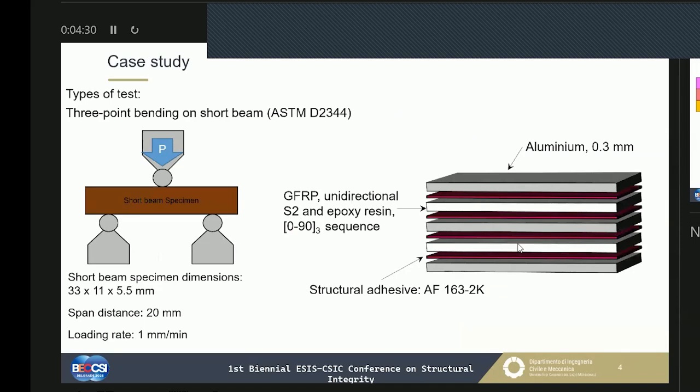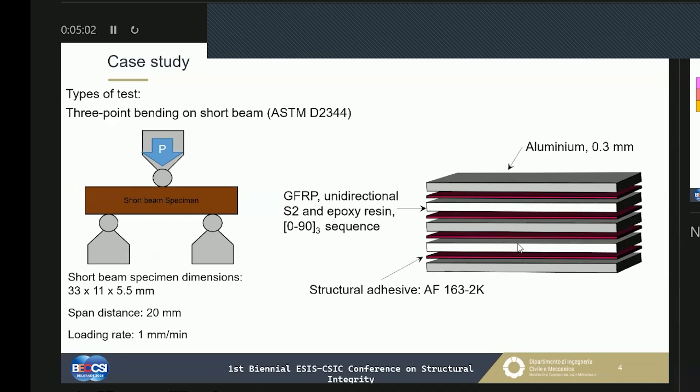So let's start with the presentation of the case study. As I said, it's a 3-point bending test. This test was based on the American standard D2344 that is specific for polymeric materials, but can be adapted also to this kind of hybrid material. This is a 3-point bending on a short beam, and in particular, the dimension of the specimen can be determined